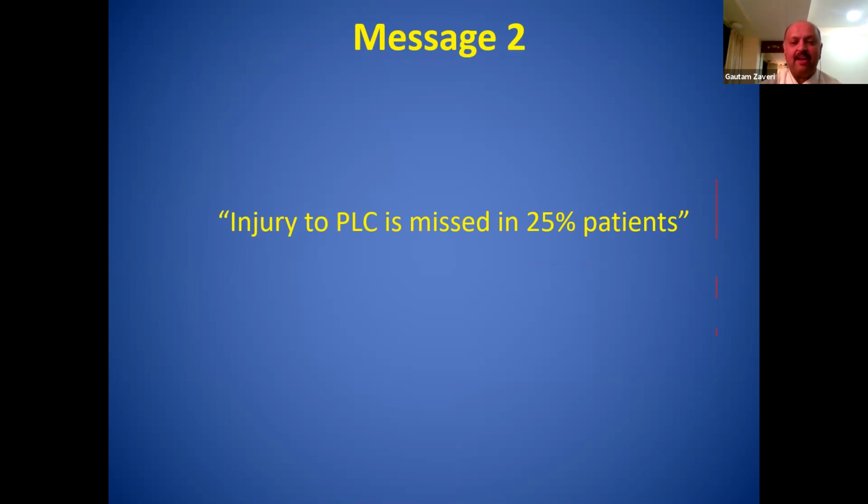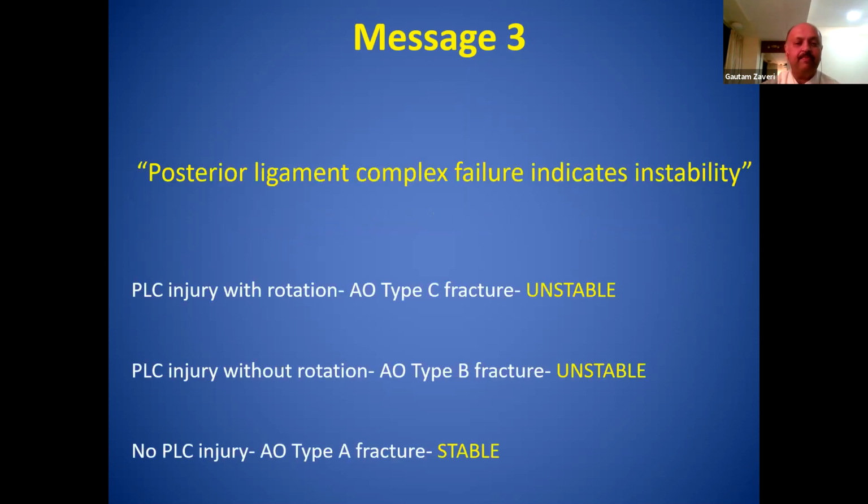Clinically, there may be tenderness, there may be a step or gap palpable. On X-ray, you may find an increase in the interspinous interval. There may be distraction of the facet joints. There may be translation occasionally, though this would then fall into a type C injury. On MRI, you may find disruption of the supraspinous ligament or hyperintensity signal within the interspinous ligament. And if you're still doubtful, get dynamic X-rays and prove that this is not a stable injury.